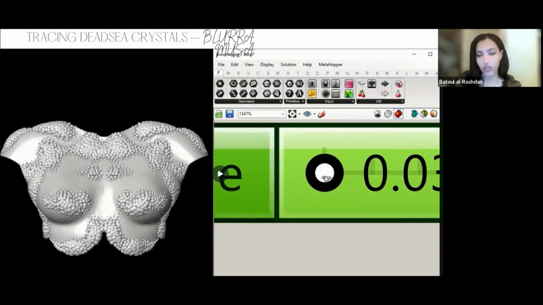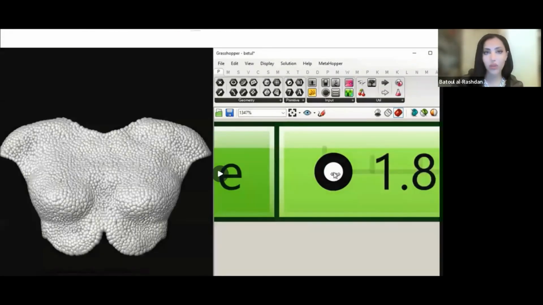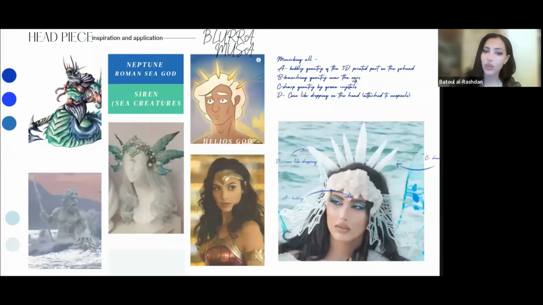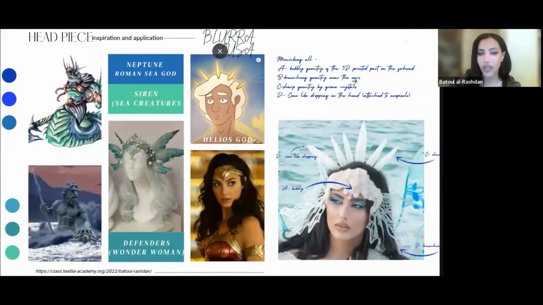So that's a concept I've been fascinated about. And for the headpiece, as I said, it was inspired by the sea goddess, the sea creatures and the defenders, let's say, because its role is to defend the Dead Sea. So you can see here